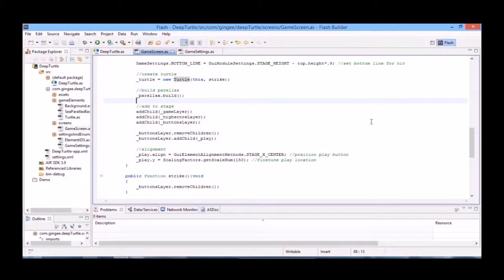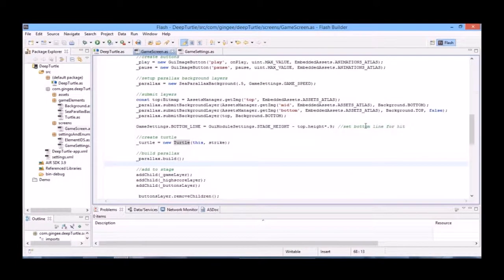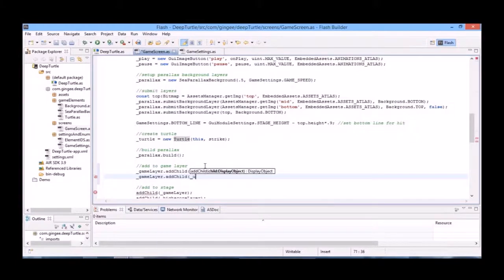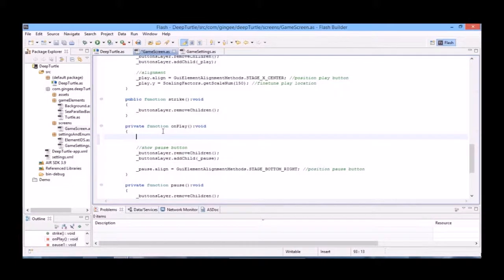Next, before we add our game layer to our stage, we'll add our parallax variable and our turtle to the game layer. GameLayer.addChild parallax, and of course gameLayer.addChild turtle. Great. Now in our pause and on play functions, we're going to want to pause and start our turtle and parallax background. In our on play function,